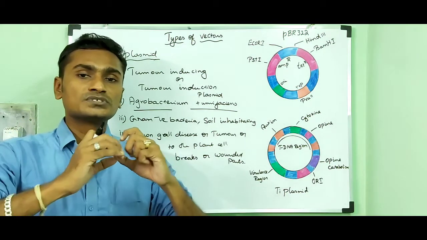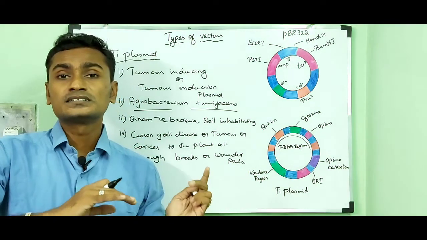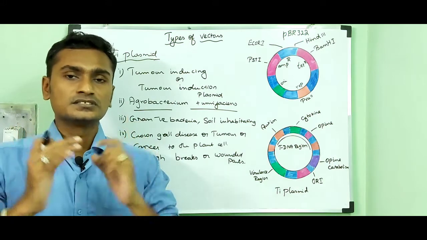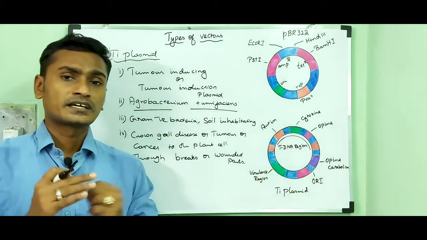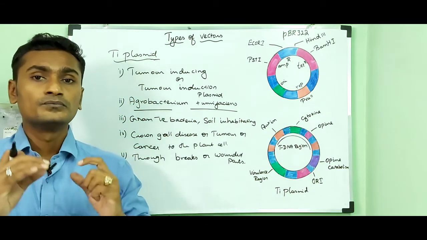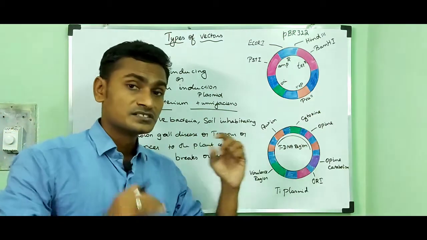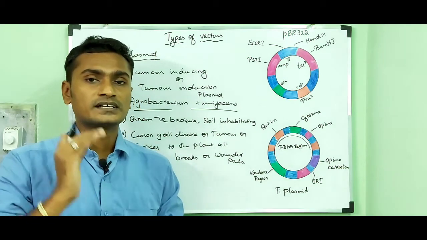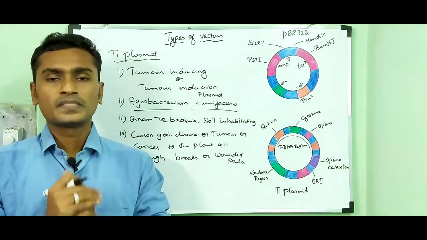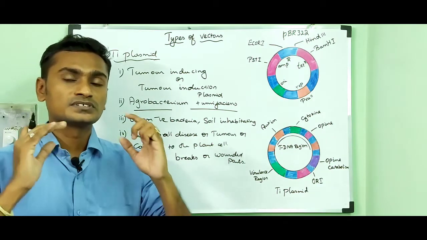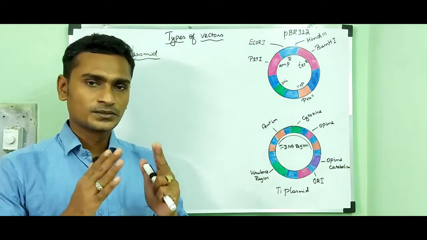So we have to remove, or disarm, the naturally occurring tDNA which can cause the cancer, and we have to replace it with the gene of interest or foreign gene. We remove only the genes which are responsible for the cancer, and they are replaced by the gene of interest and foreign DNA. Then I am going to tell about how the tDNA is transferred to the plant cell. Let's go to the board.